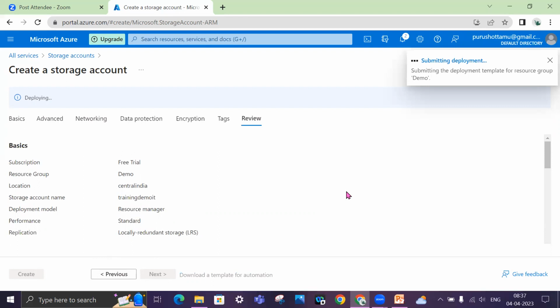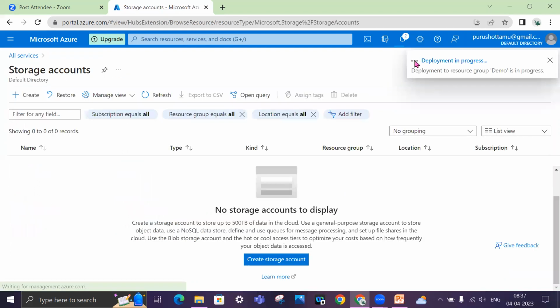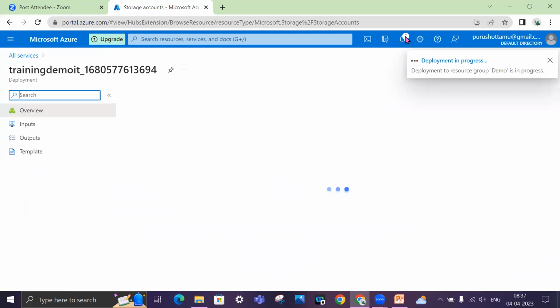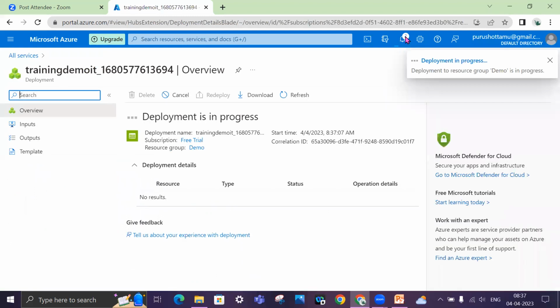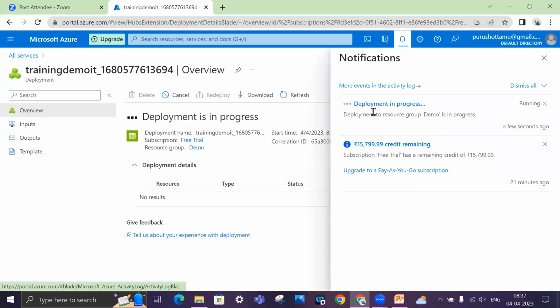It just takes a few minutes to deploy the necessary resources for the storage. You can see the progress over here. Deployment is in progress, and it takes a couple of minutes. You can see the status here as well.